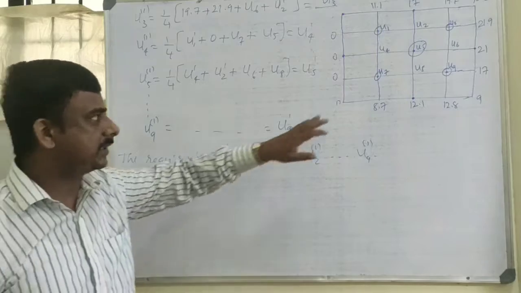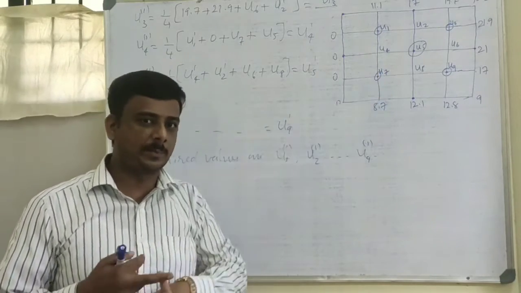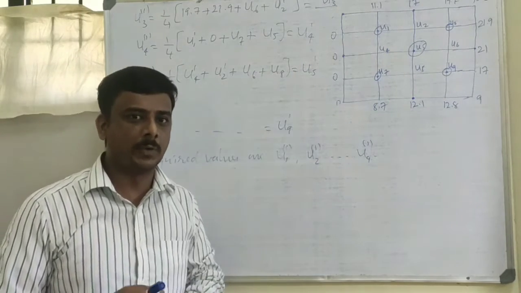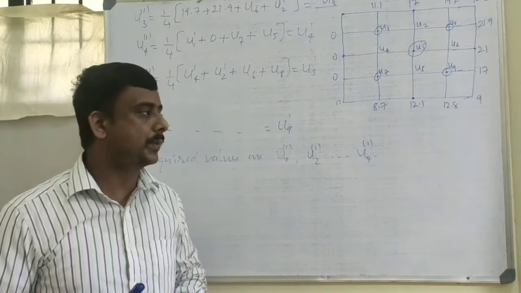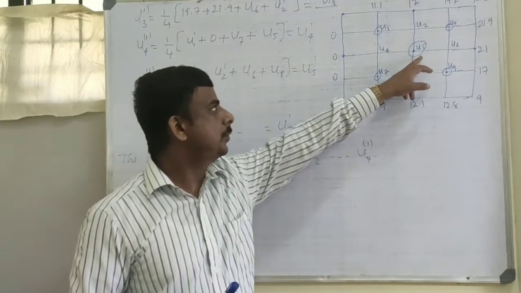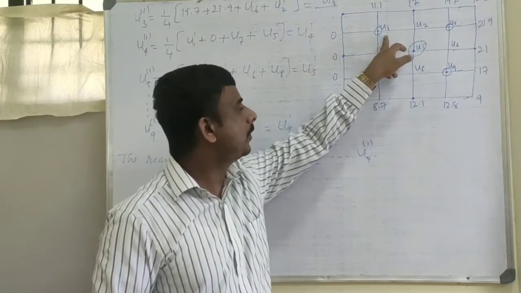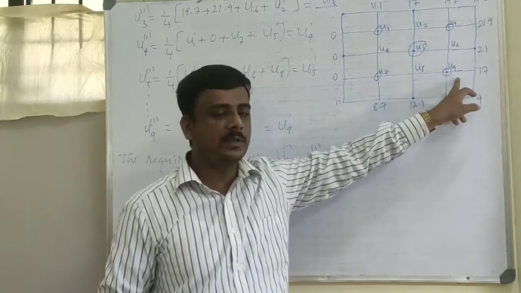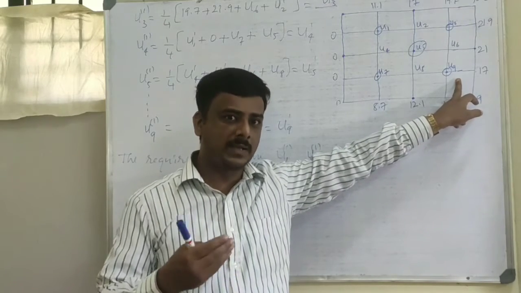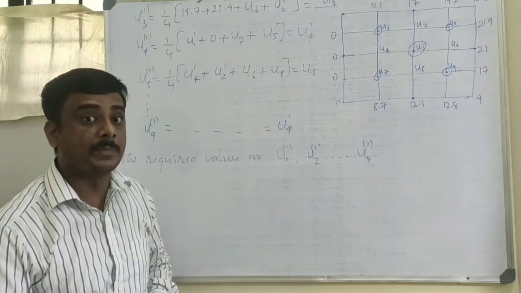You will be given 9 squares or 16 squares. If you are given 9 squares, then apply only the standard formula to find those 4 values inside the square. If you are given 16 squares, then you have to apply the standard formula to u5, u2, u4, u6, u8 and the diagonal formula for u1, u3, u7, u9. Then if you are asked to find an accurate answer by applying the iteration process, then do like this. So this is about Laplace equation.